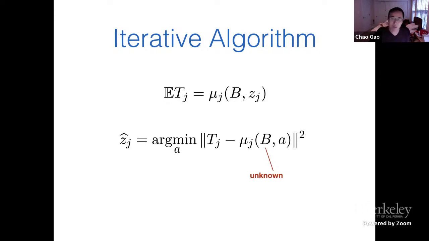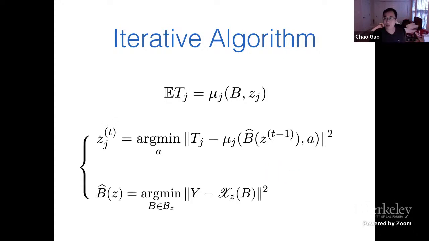But the good news is that we have assumed the model parameter B belongs to some parameter space that is of low dimension, and it is also indexed by the same structure parameter Z that we're trying to estimate. So in a sense, if we know Z, somehow we can use this knowledge to estimate B, but if we know B, we can use this least square formula to estimate Z, right? So this naturally gives you a procedure that you can write down. This is exactly what we are going to do by replacing B with some estimator B hat of Z, right? So this B hat of Z is a global least square procedure, but assuming B belongs to the parameter space indexed by the structure parameter Z, okay?